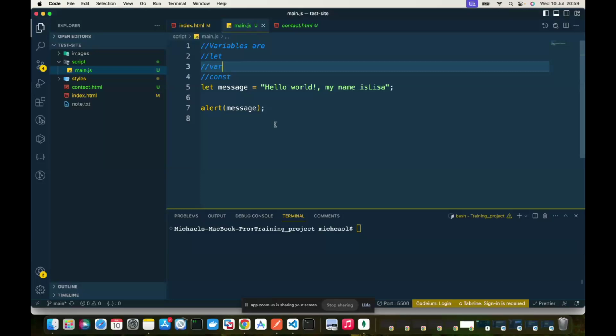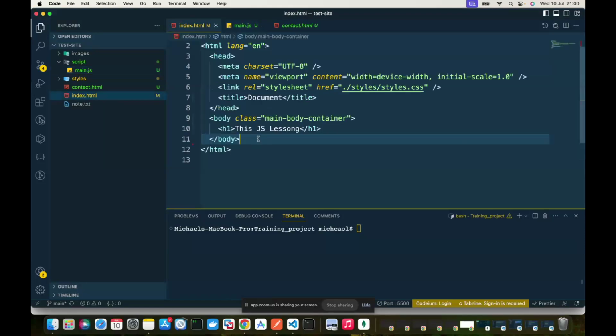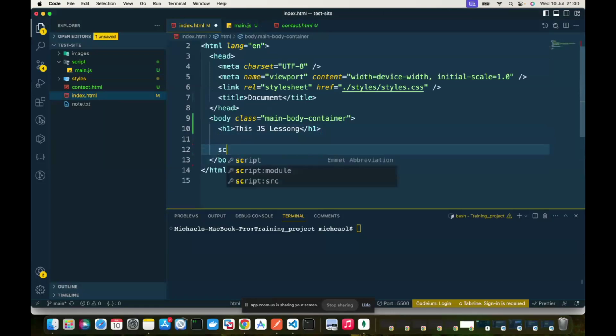Can somebody tell me why? Everybody should be able to tell me why now. Because you have not logged it out. Because I have not what? Because there's no link. Very good. Just like CSS, you need to also link it, right? You need to link it. So how do you do that?